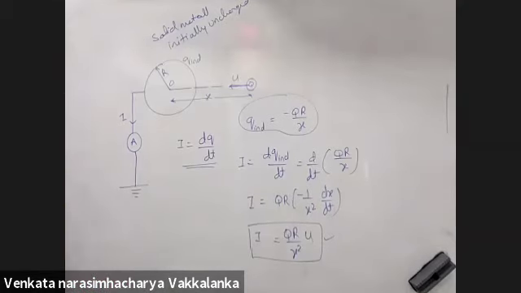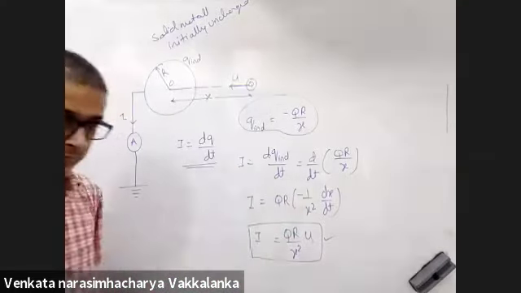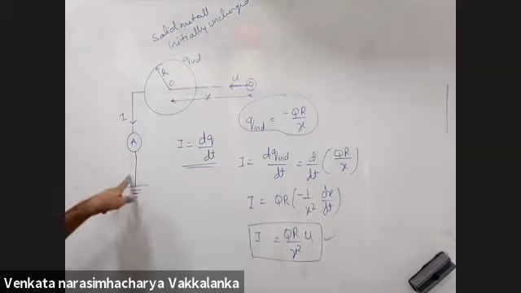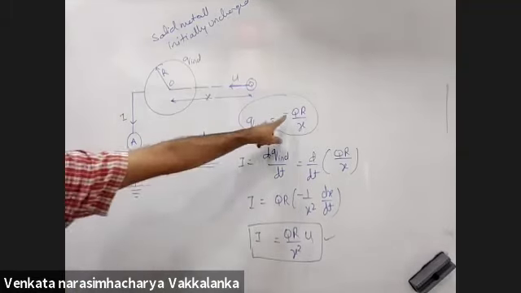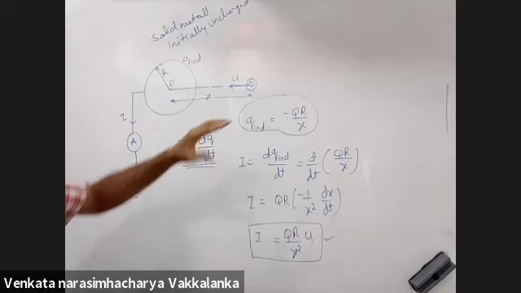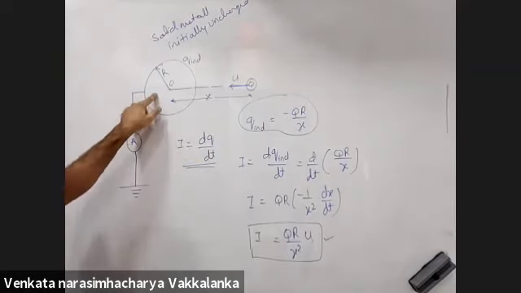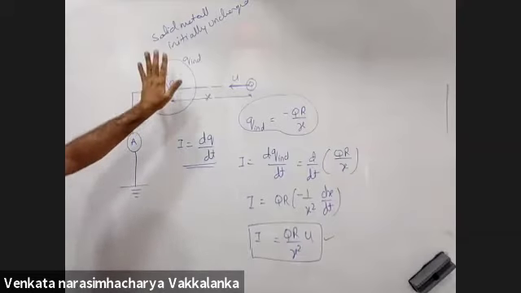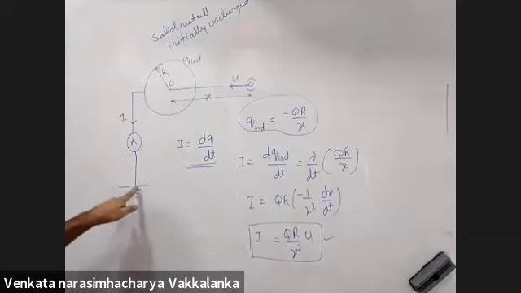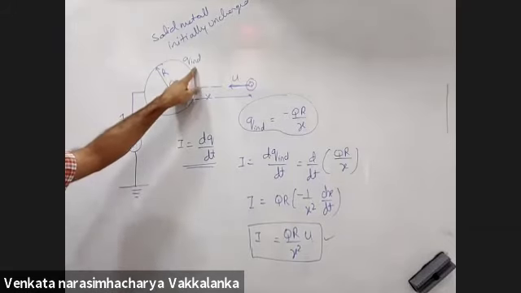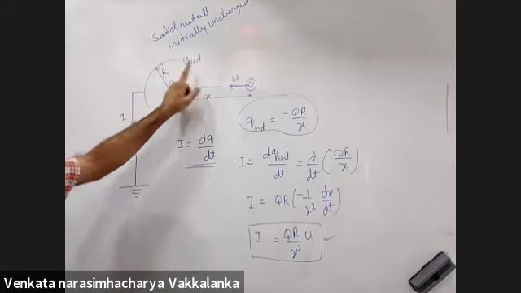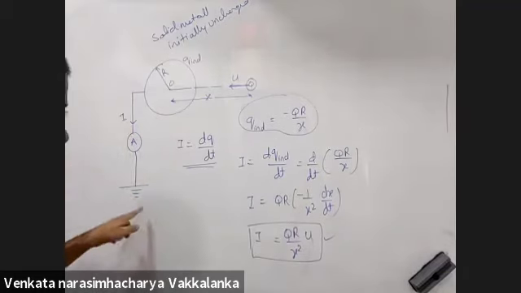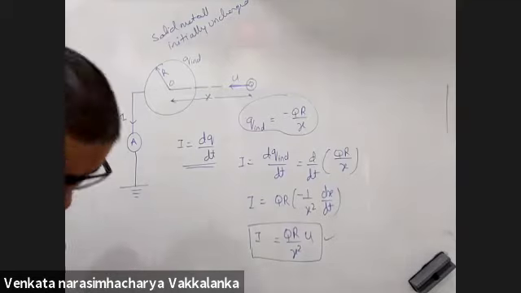Sir, could you repeat the part where you talked about whether the positive charge flows in or whether the negative charge flows to the ground? See, you are getting Q induced negative. Generally what will you interpret? That negative charge came from the ground to the sphere. Instead, we are taking from a neutral sphere equal positive charge going down, so it will acquire the negative charge. And we are taking positive charge movement because current by convention is the direction in which positive charge flows. Got it. Thank you, sir.